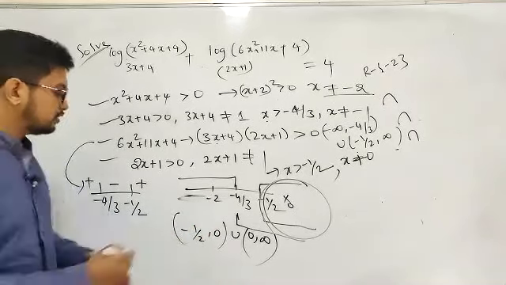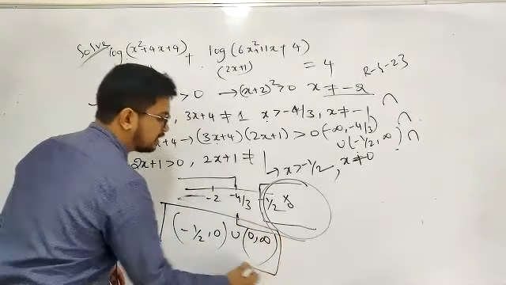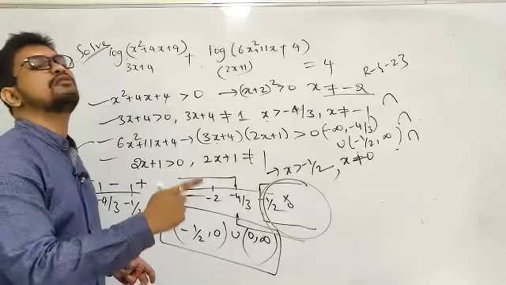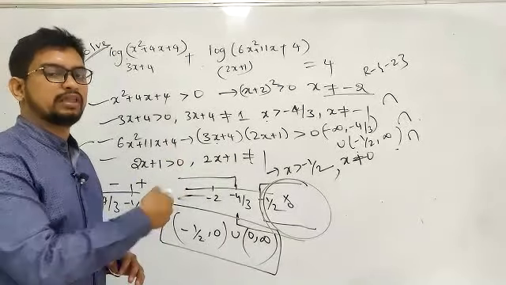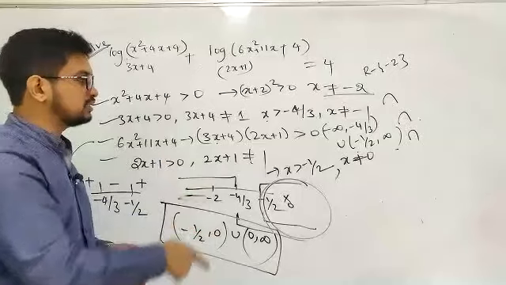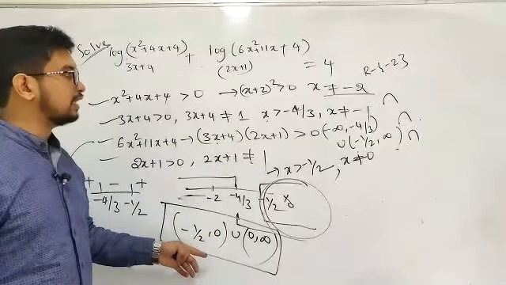Now the domain has come, you will be getting the domain. I'm doing these calculations a bit fast because you have already discussed the domain, and we have already done the calculations. That is the reason I'm writing this calculation faster.